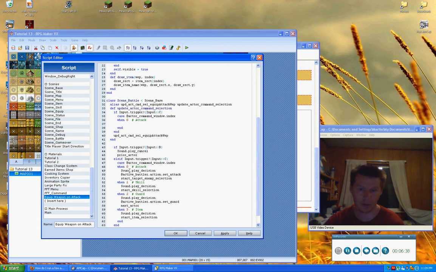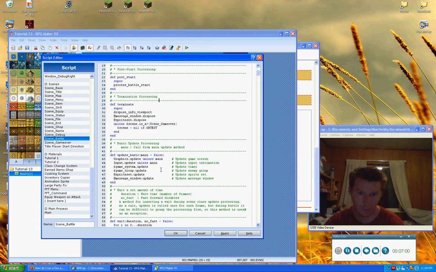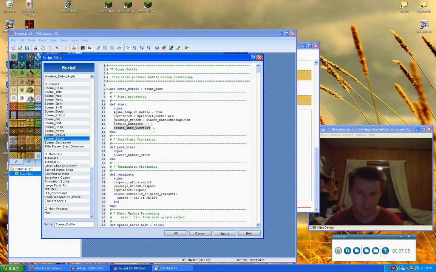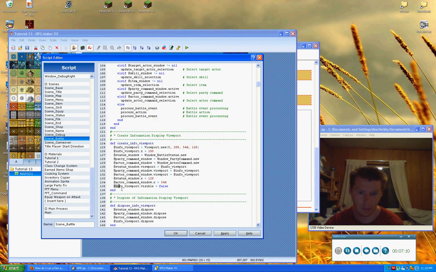Alright, so when 0 and input equals C, then we're going to call sound.playDecision, and then we're going to go ahead and call our new window, but we never initialized it yet, so let's go do that first. That was also part of Scene Battle where we do that. We're going to allow the create info viewport to do it for us. So we're going to let it go through all of that, and then